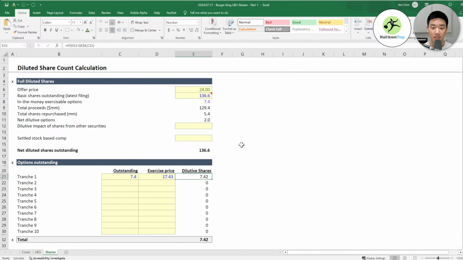But all of this is basically working towards figuring out which shares are in the money. What that means is if the offer price is above the exercise price, then it's in the money, because the exercise price is the price at which the owner of the option, if it's vested, can pay to purchase a share. So if it's $17.43 to purchase a share, anyone in their right mind would exercise that option, because you can buy it for $17.43 and sell it for 24.3, right? You can make this profit,